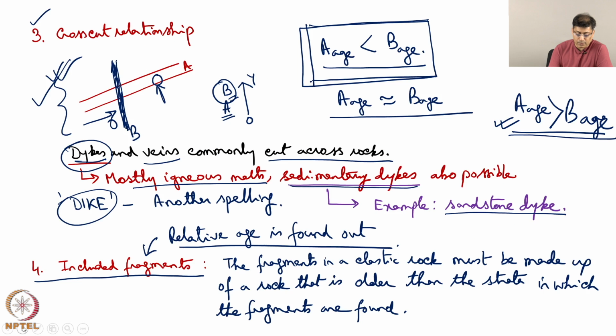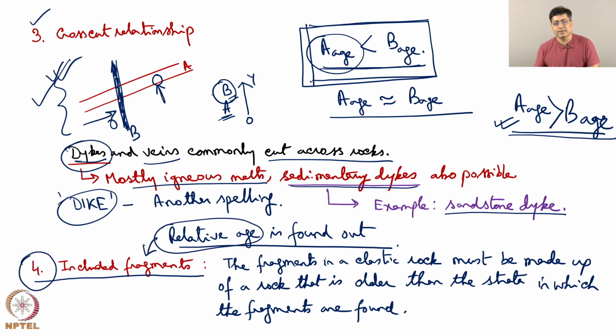Whereas, in case of a cross-cut relationship, if it is a field observation, same thing we will be meaning, that one is older, another is younger, we do not know the absolute age. If we date them, some ages are obtained, these are the absolute ages. Once we talk about the included fragments, here we are bringing the relative age. The exact age, the absolute age of the rock is not understood.